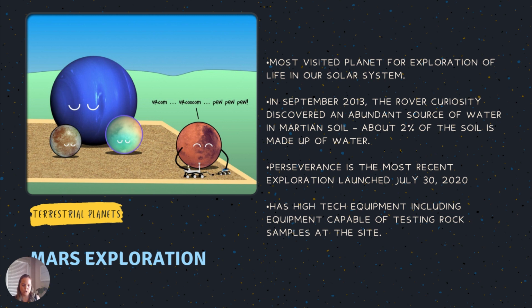And it collected soil, and in its contraptions has an oven, and they heated up that soil. They weighed the soil first, then heated it up, and they saw that there was a difference in weight. That difference in weight in general, when we do that on Earth, is water that evaporated during the drying process. And so they calculated about a 2% difference, and that is really good news because that means that there could have been water on this planet at some point. In what capacity and whether it would sustain life, we still don't know that.